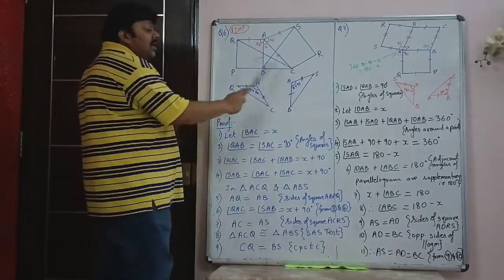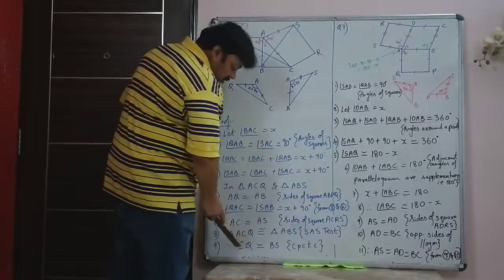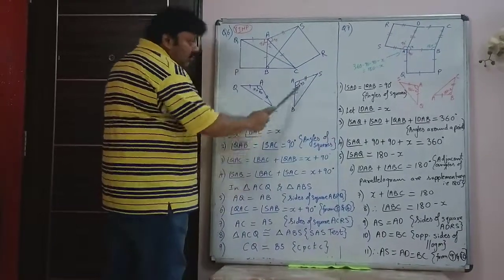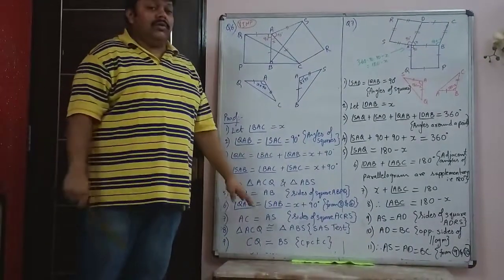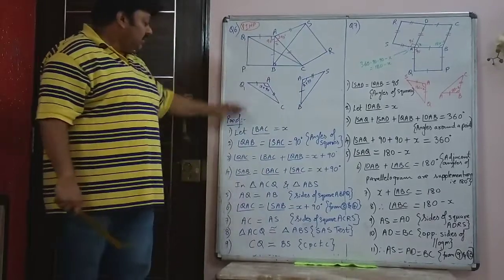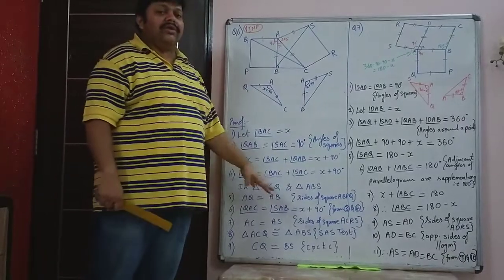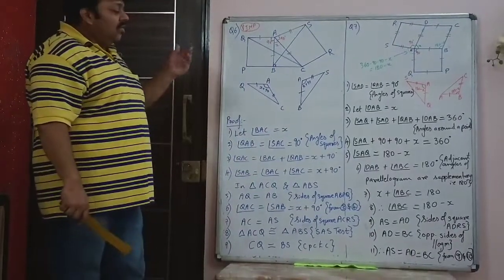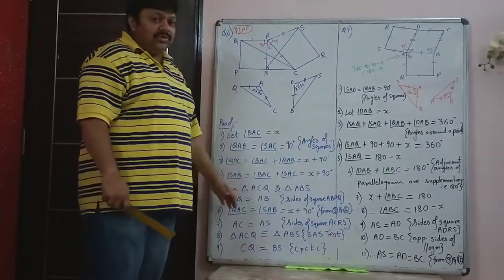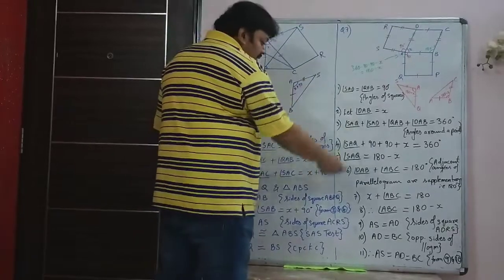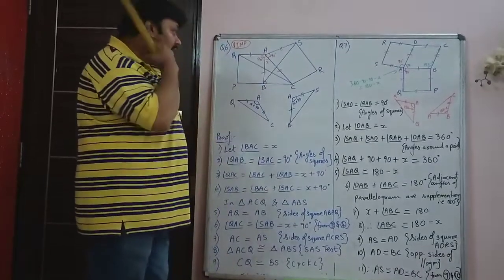And once you prove these two triangles are congruent, then the corresponding sides are equal. So CQ is equal to BS. Corresponding parts of congruent triangles are congruent. So this is question 6, a short and simple sum, but important. Such sums are asked in the exam. Question 7 is also a simple sum, but I have to write a few more steps. So I will write it once I finish explaining till here, and continue writing in the next frame.